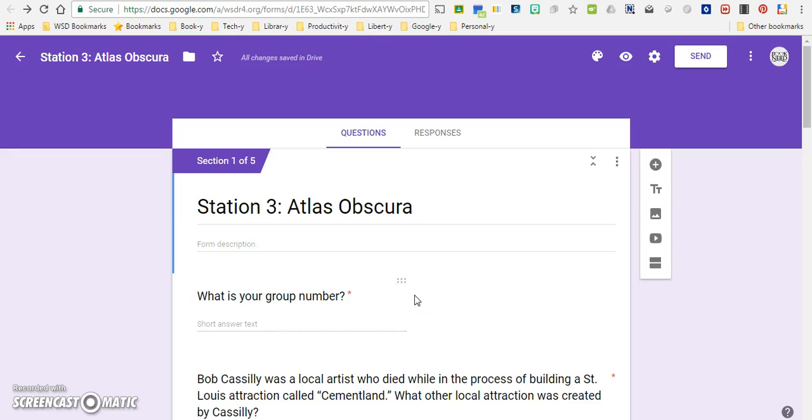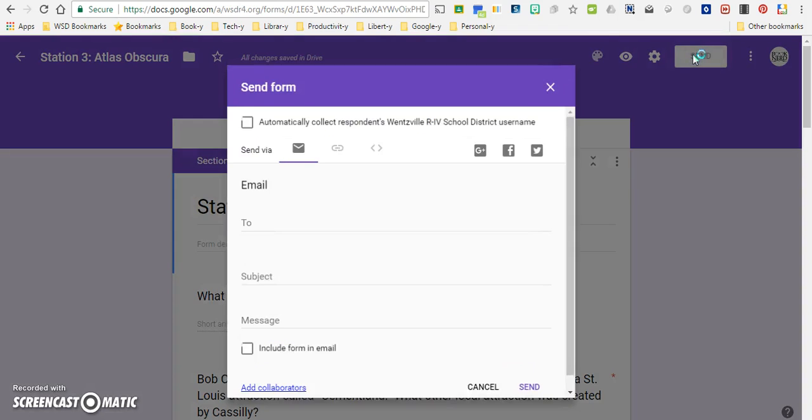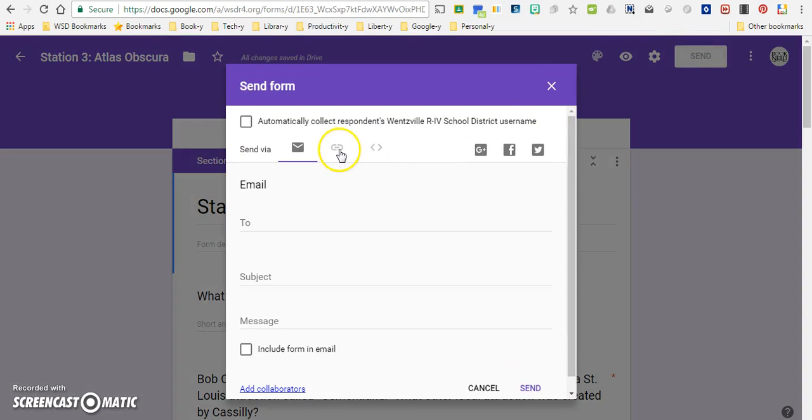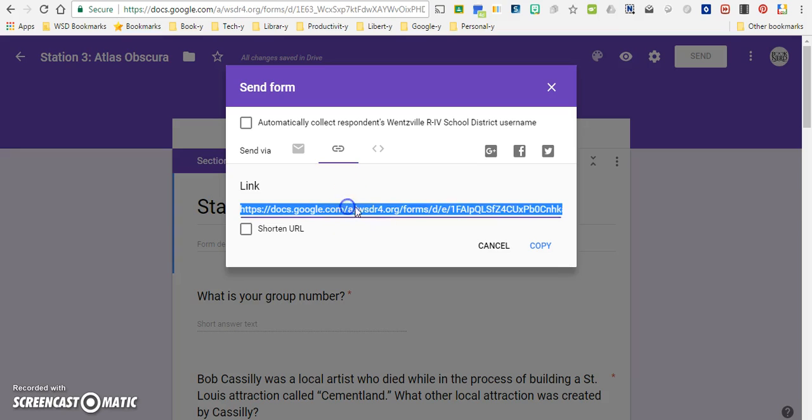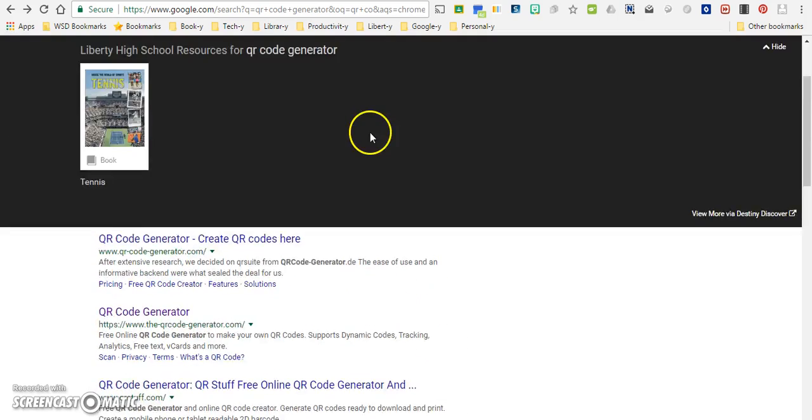So now that I've finished my Google form, now that I filled out all of my questions, I'm ready to go ahead and create my QR code. And if you haven't done this before, it's pretty simple. So I'm going to go up here to send, and I'm going to find the link for the form. I'm going to copy the link, and then I'm going to open a separate tab and do a search for